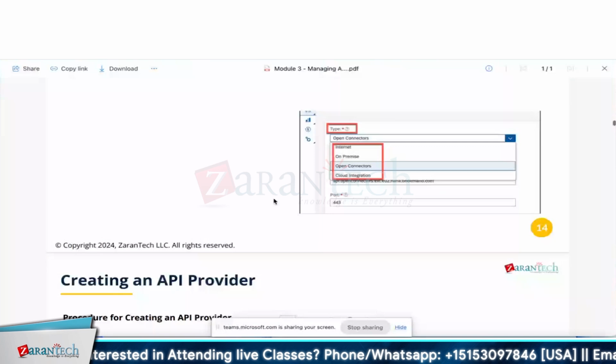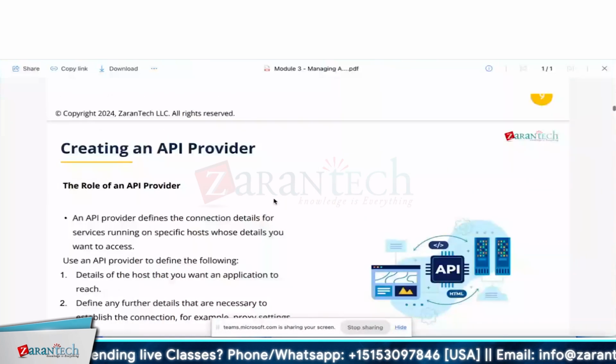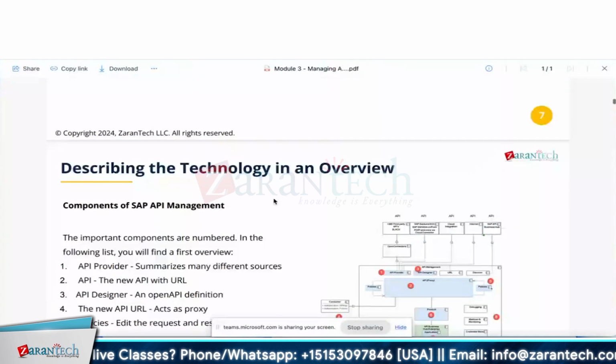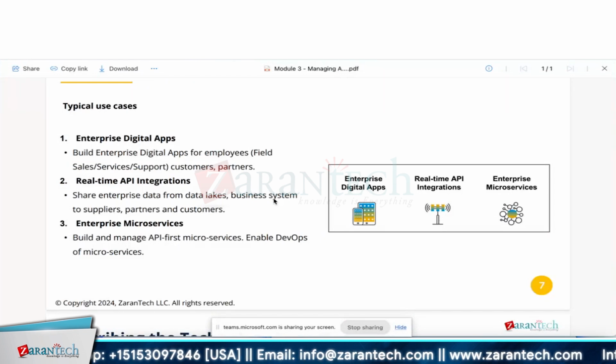We are going to just see further more policies. Before we jump into that one, we just covered the overview. So we started with how to create an API. This module 3 is a deep dive into API management, to understand in more detail